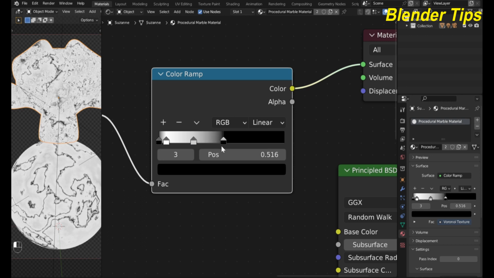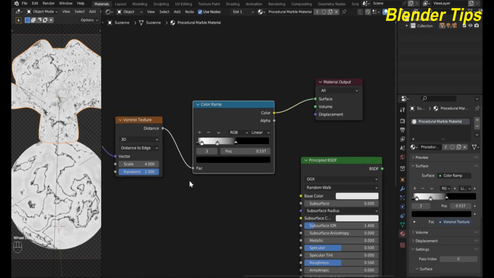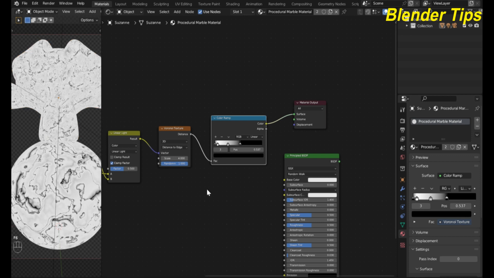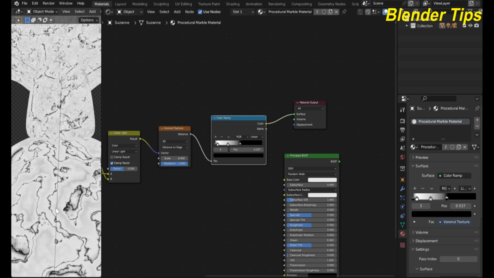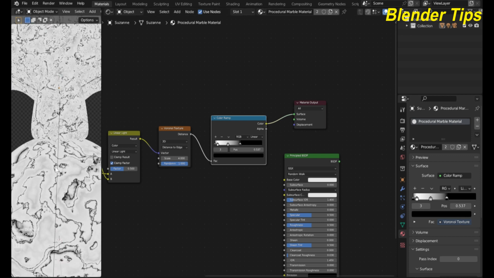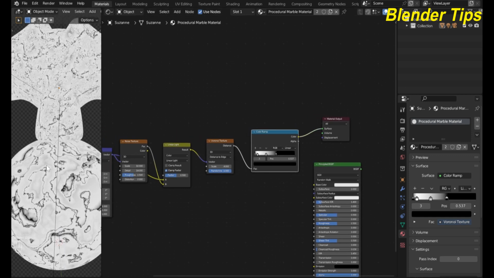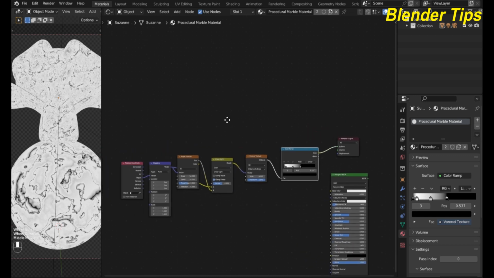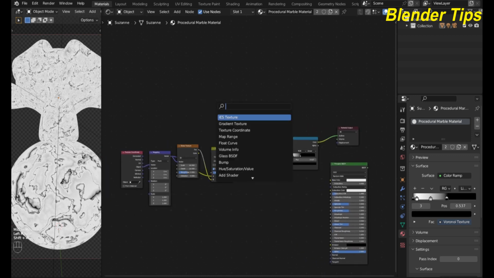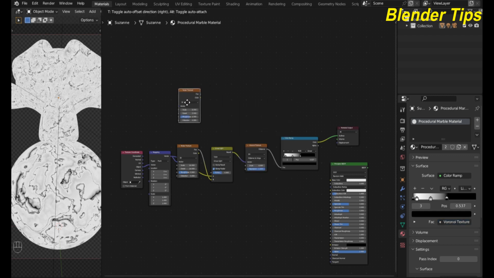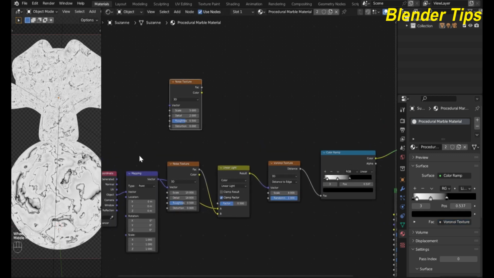Beautiful. Now it's looking beautiful. Due to this, you will see some black areas in between the curly lines. And now I want these curly lines to appear in some part of this object and disappear on another part. So for that, here I add the noise texture and place it something like here, and also use